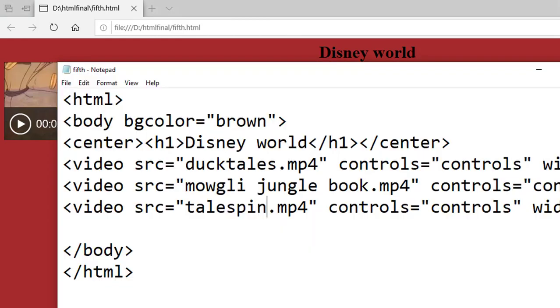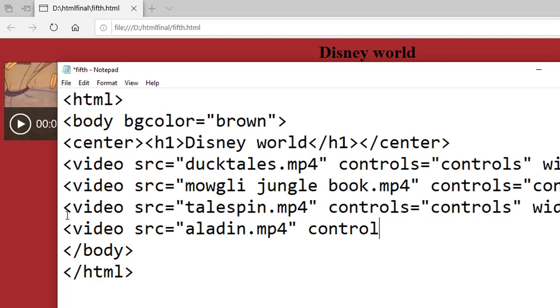Now I will upload the fourth file. Again I will use the video tag, video src equals double quote Aladdin.mp4 double quote complete, controls.